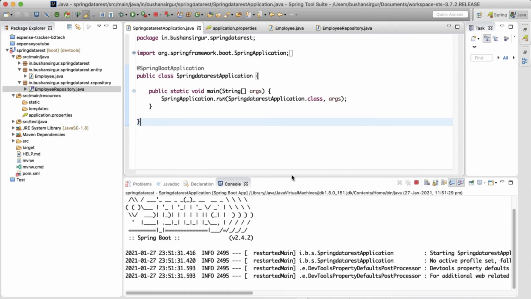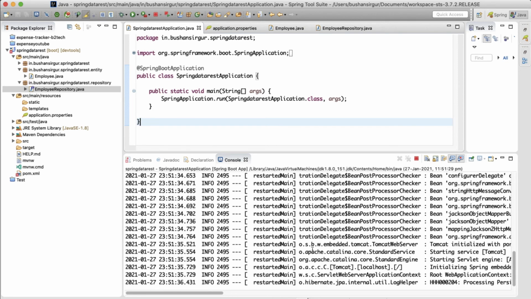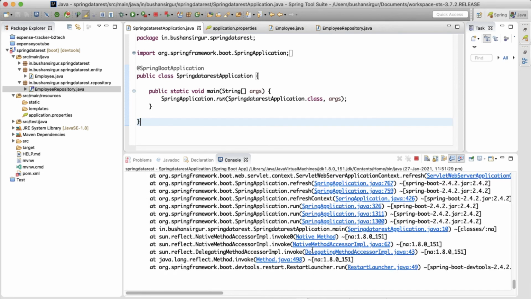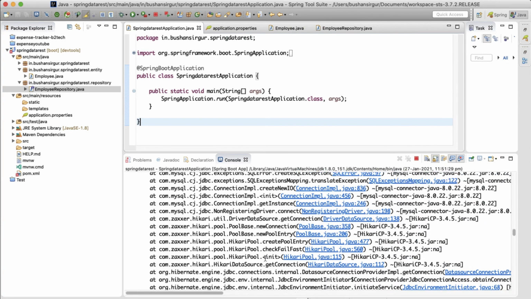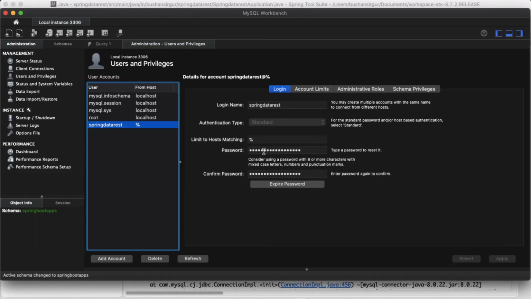Hopefully this time we don't get any errors. Still we are getting an exception, which is access denied for the user Spring Data REST to database. Okay, so there is something wrong with the username and password for the MySQL database. I don't know what the problem is.